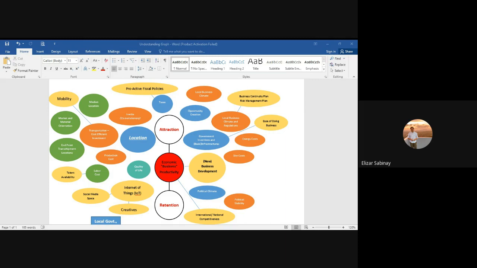Meaning they study the area, they work on the area, they look for areas. This one is more on attracting. If you are from the local government perspective, how can we attract? How can we retain? But in this generation, at this particular time, it's more on how can we make our LGU promote itself to the business sector, because there's now new business development coming in. Maybe they will go to our area, they will check our area.